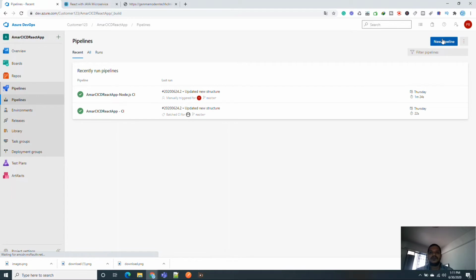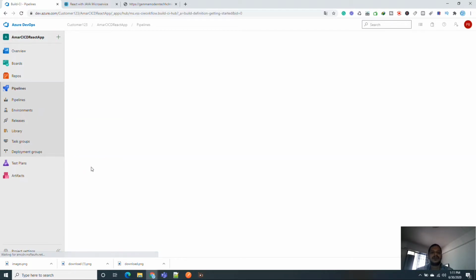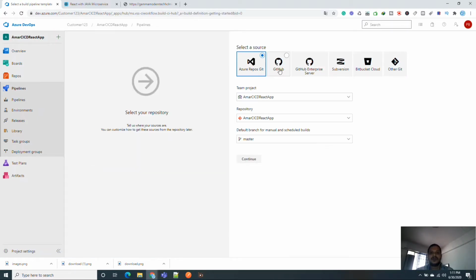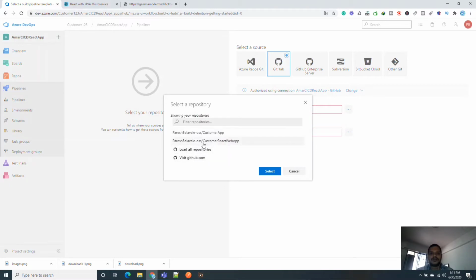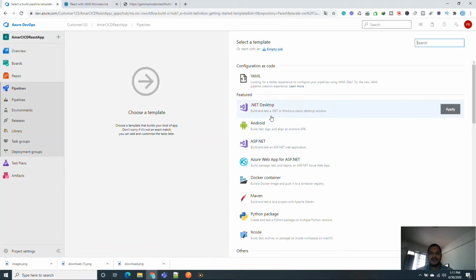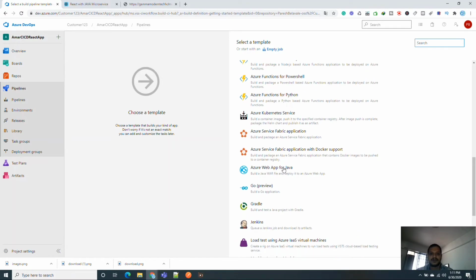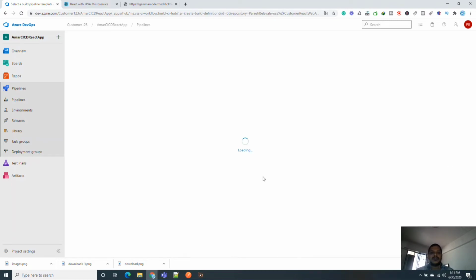How you will get these options while creating the new pipeline, I'll just show you. So what you can do is you need to create a new pipeline. Okay, you need to select use the classic version, and then you have to select GitHub. I have configured GitHub for my repository. I'll just configure it again. So here you have all the options to select the template. Here you need to select basically this one, Node.js with Grunt. Okay, so you have to select this.